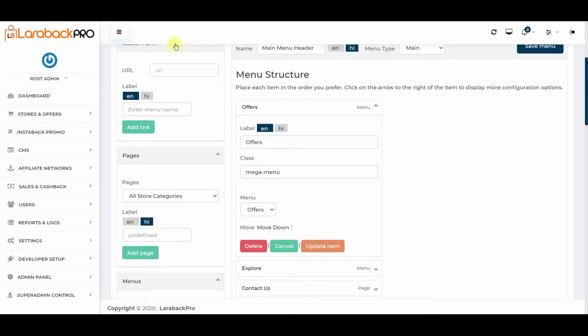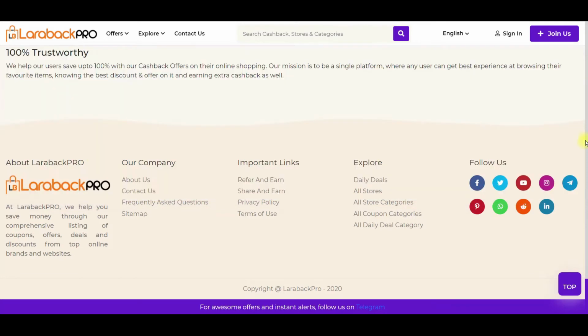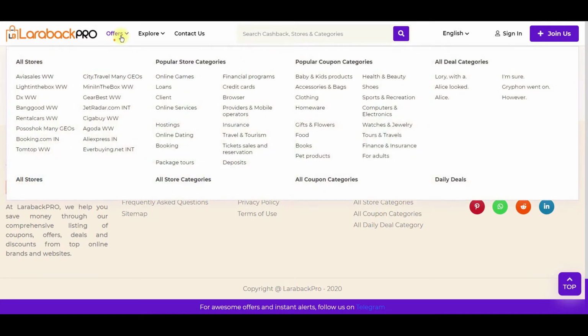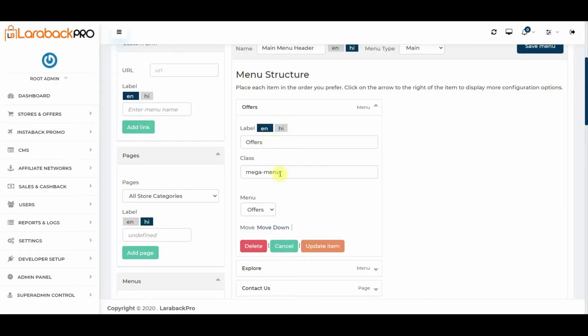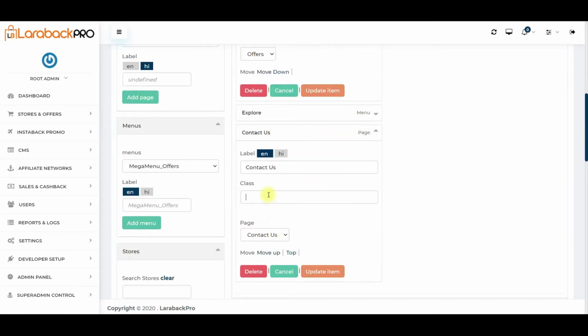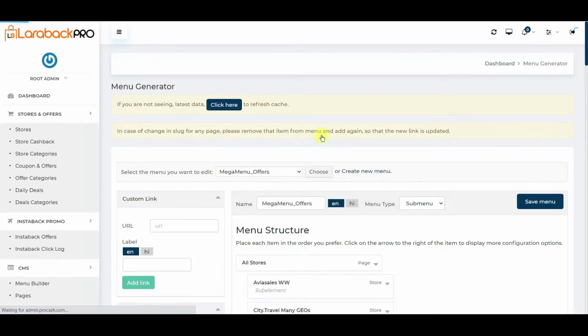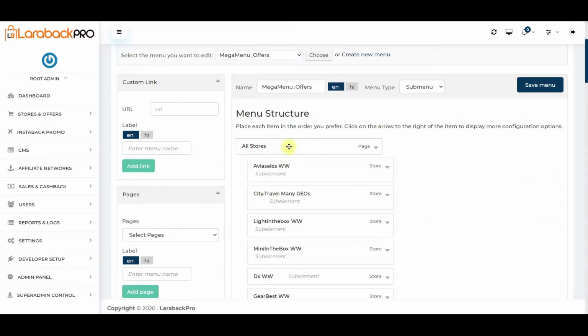And one important thing, if you want to show a particular child menu as a mega menu that occupies the width of the container, in that case you will have to define a class called mega menu. If you just want to have a simple menu, then you don't need to define any class. And when it comes to configuring mega menu for offers, you can simply create